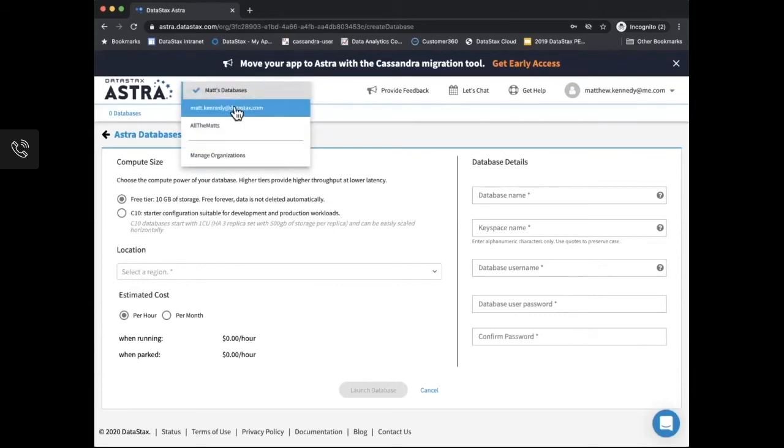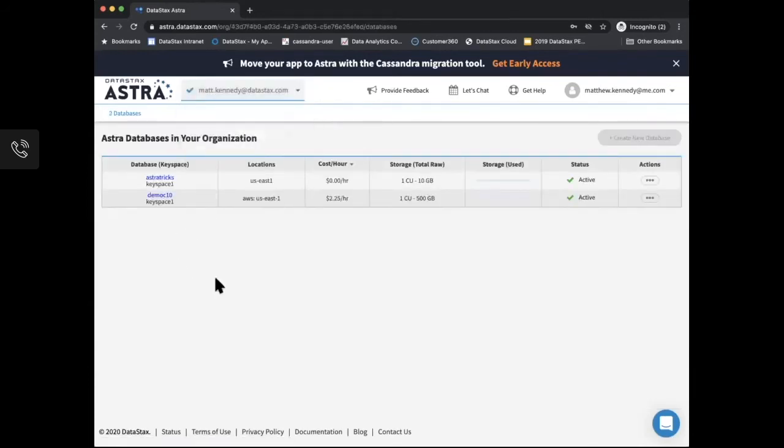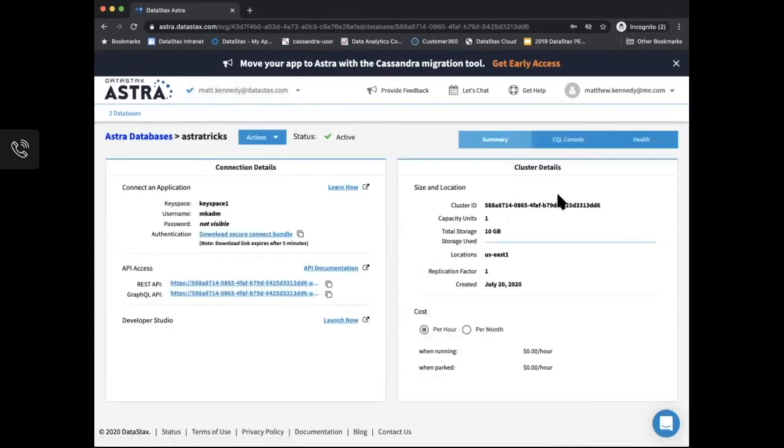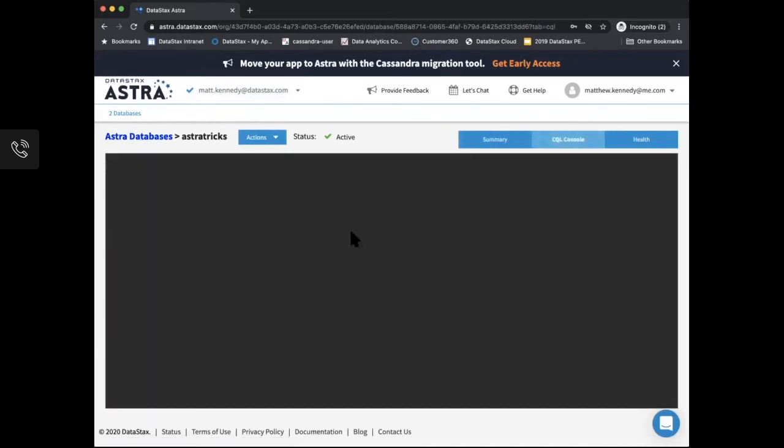We are going to switch over to this organization, and we're going to see that we have access to this Astra Tricks database. Now, the way we log in here is I have communicated to myself what Charlie's password is. So I can log in with Charlie here.